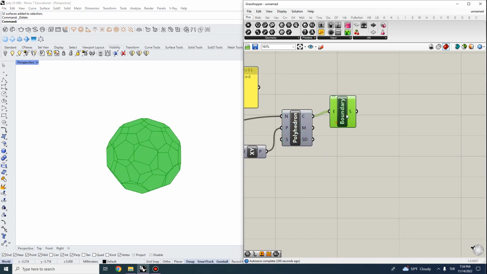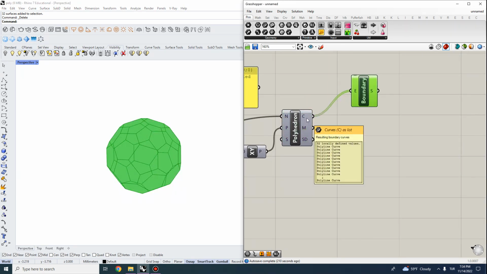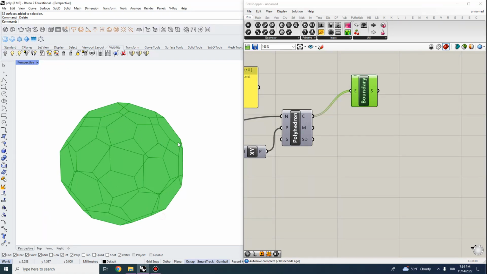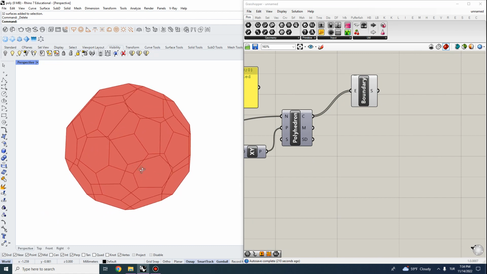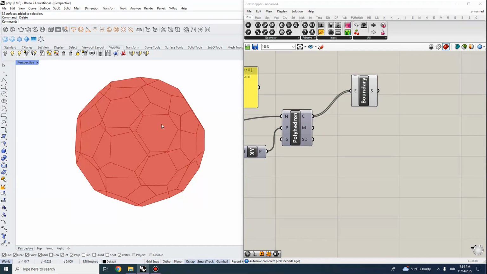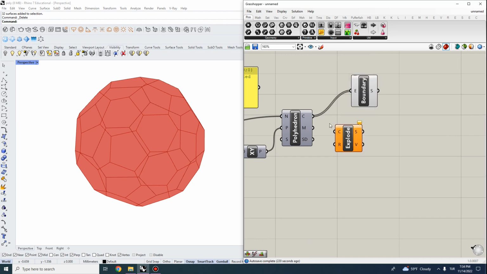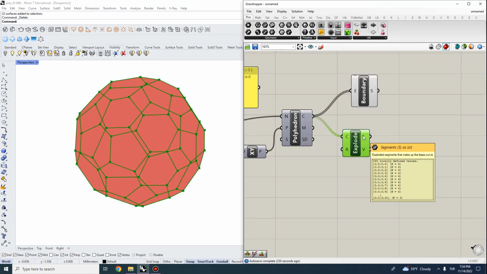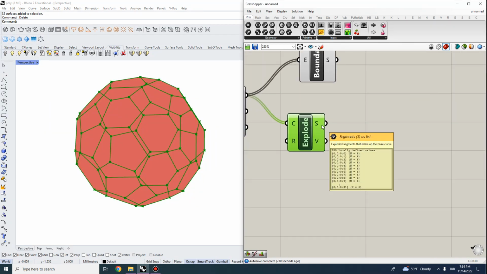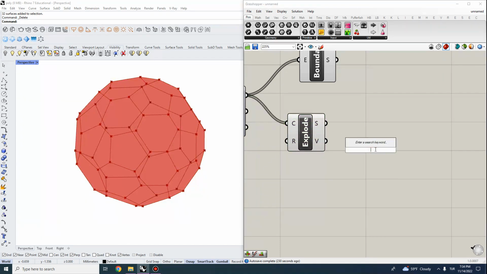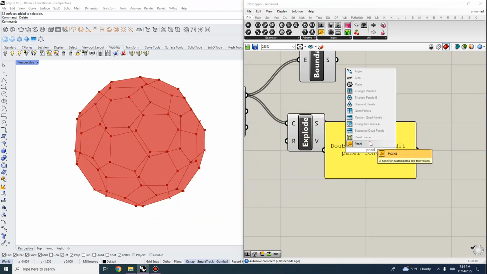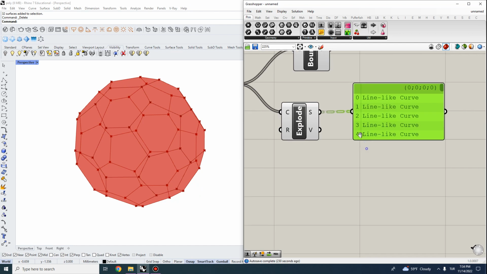So before we begin, we have to first look at the amount of curves that we have. We have 32, but we need to be able to filter some of these elements. So we need to, for instance, separate the pentagons and the hexagons from each other. In order to do it, we use the explode function, and this will give me the number of segments. One thing I noticed is that the Polyhedra tool actually,